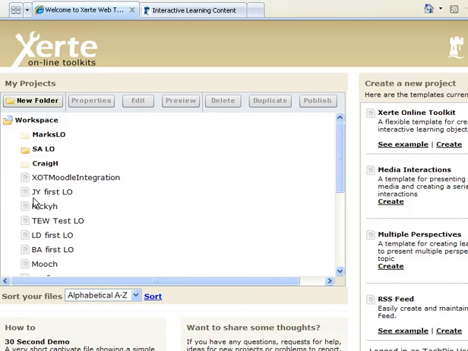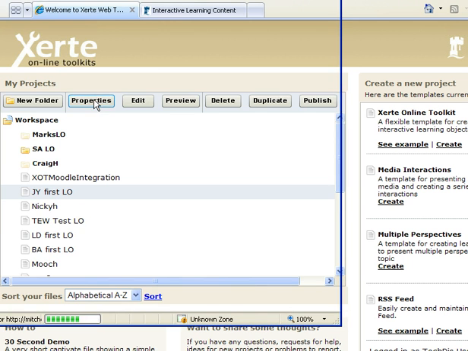Okay, so as I was saying, they're all private, they're not public until you make them public. And there's also lots of other settings for each learning object that you might need to change or want to investigate. So I'm going to select this one, and once I've selected it, the properties button becomes enabled. And if I click properties,